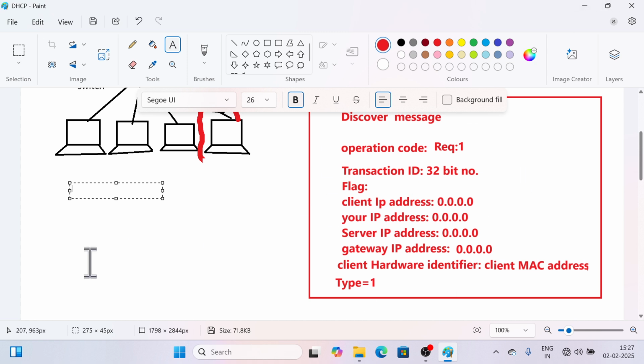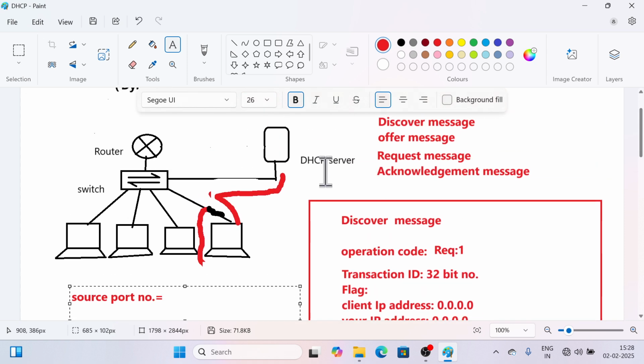This whole discover message is encapsulated with a transportation protocol. Here we use UDP as the transportation protocol, where we use a source port number in UDP and DHCP. This is a discover message, so it's a user port number, meaning a PC port number. It will be 68,